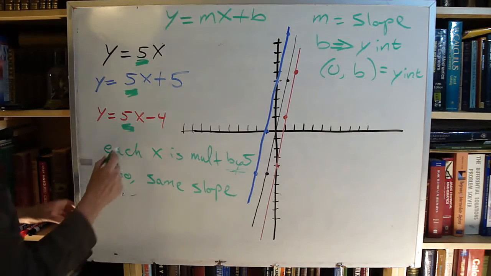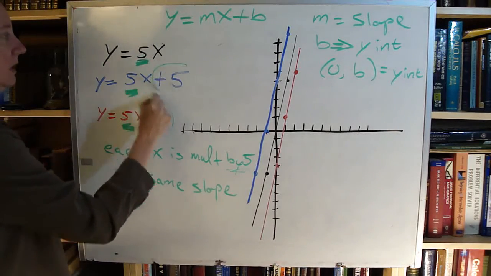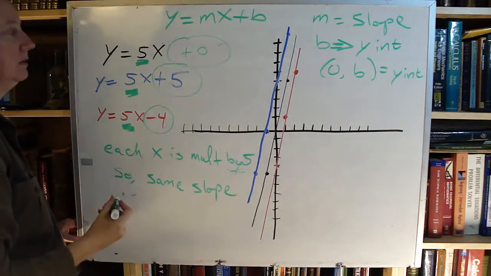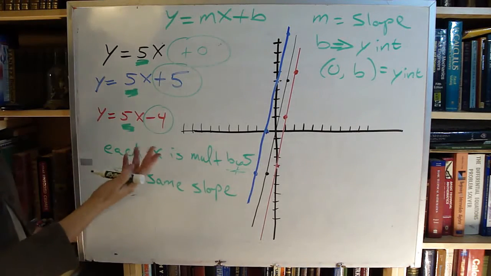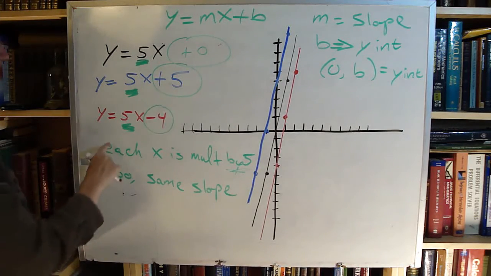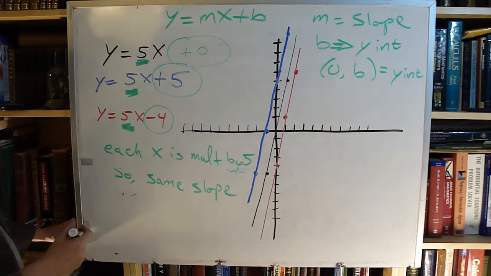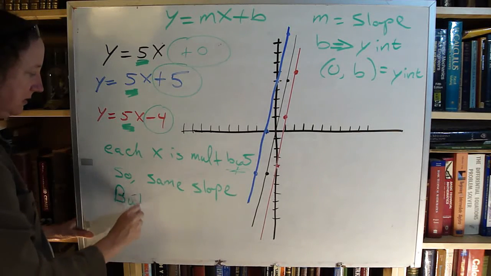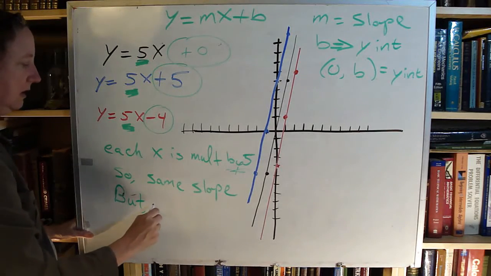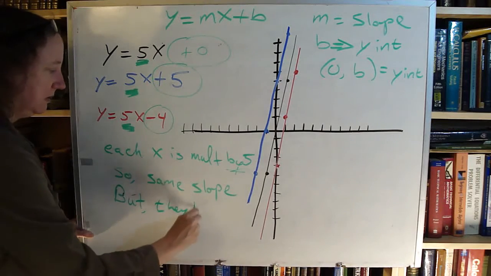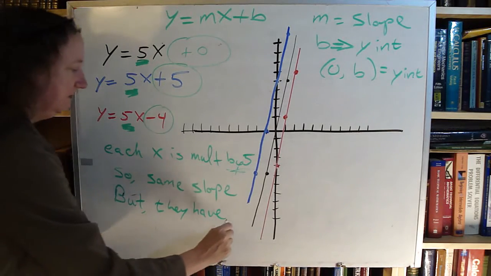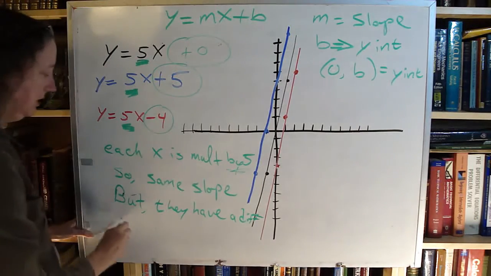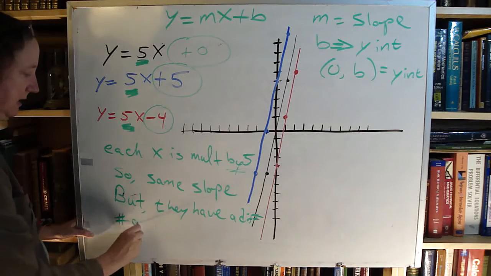But each of these has a different number being added to it. So 5x plus 0, 5x plus 5, 5x minus 4. So, but they have a different number added